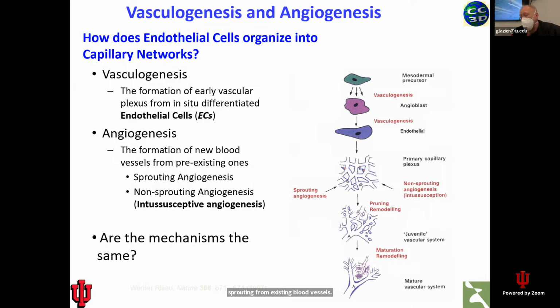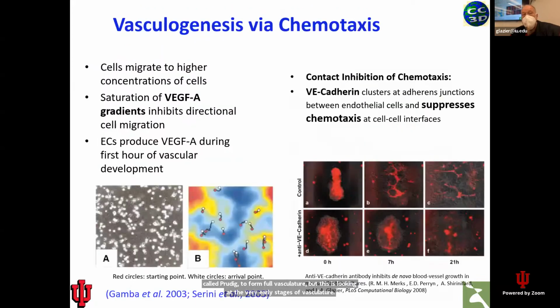After you have that initial formation of the strut network of the capillaries, the cells themselves change shape. They hollow out to make essentially tubes, and then there's remodeling and what's called pruning to form full vasculature. But this is looking at the very early stages of vasculature. And we wanted to understand if the mechanisms were the same. And there were some experiments that had been done which suggested that the cells secrete a chemical called vascular endothelial growth factor A, VEGF-A,